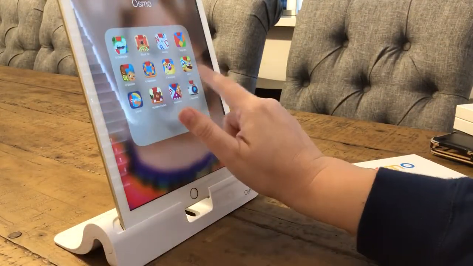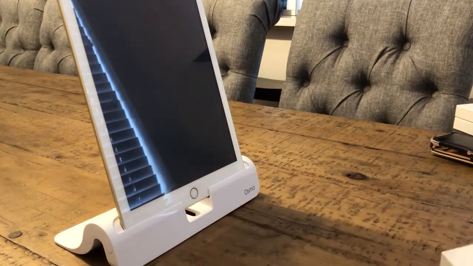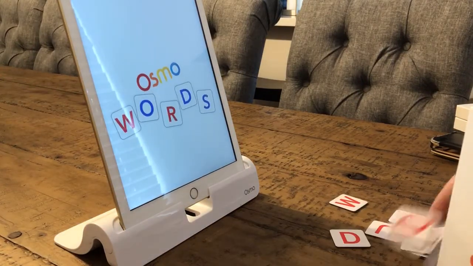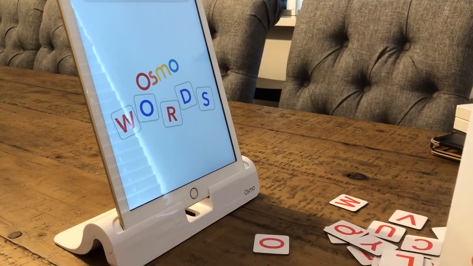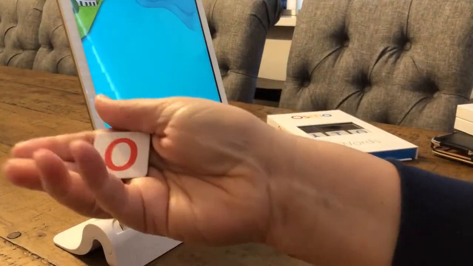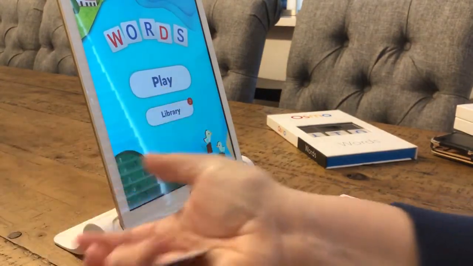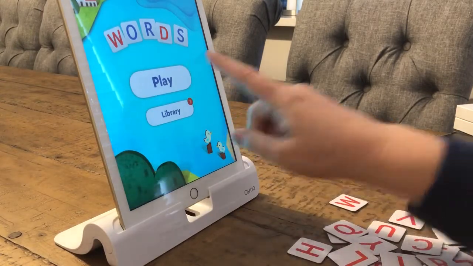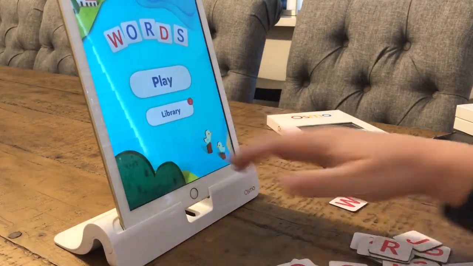You're gonna go into Osmo. We're playing words this time. I'm gonna get out all my letter tiles. The letter tiles that I have for my game are double-sided, but they are both uppercase letters. They do also have letters that have one uppercase letter and one lowercase letter on the back. So if you go into here and you play the regular way,